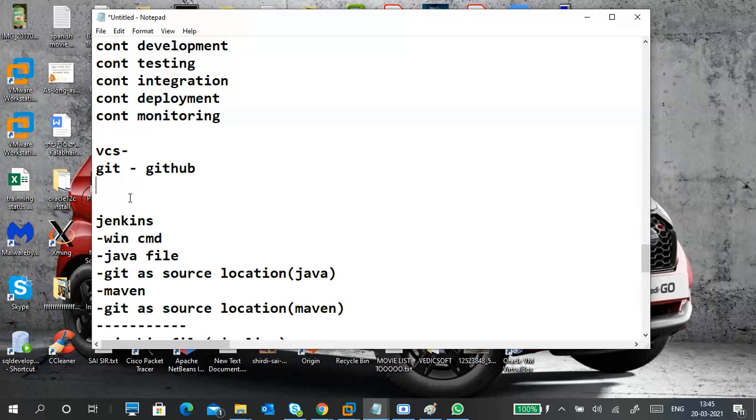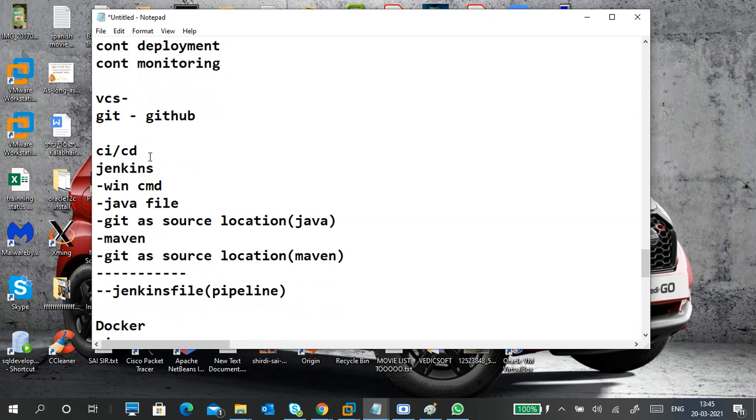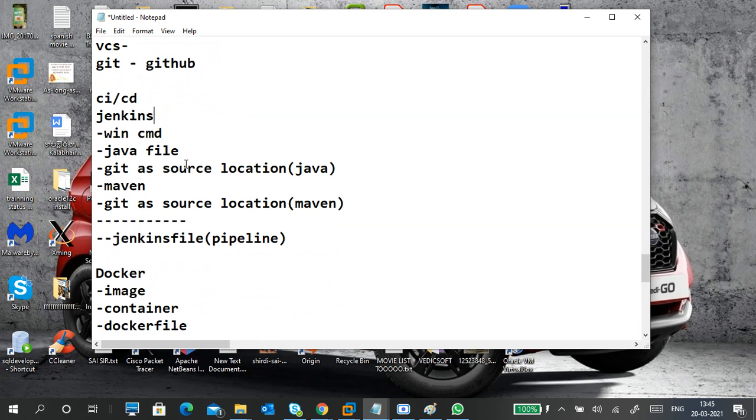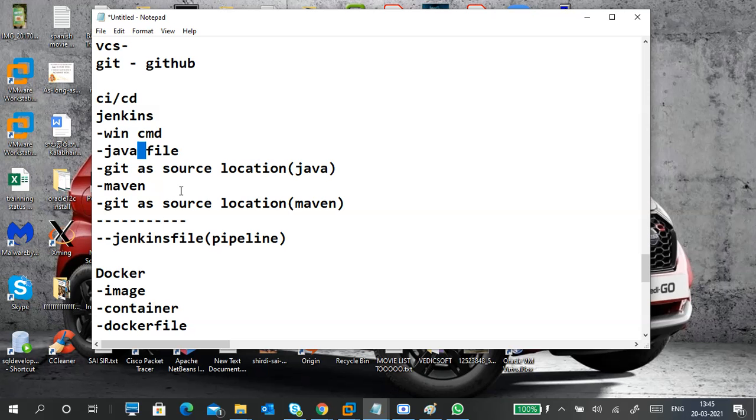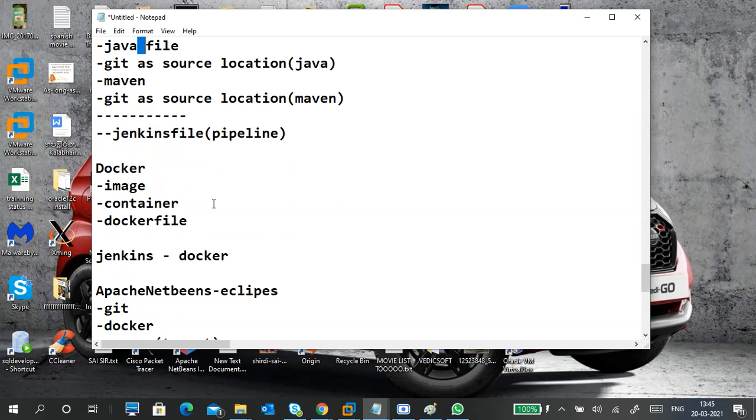Okay, right. Next, we use CI/CD, that is continuous integration and deployment. That is Jenkins. We used it, and you can tell other tools also, but what we used, we have to tell. Both things we have to tell. Other CI tools and what we have done. What we do in Jenkins, what you practiced, that is important. So you have to tell that. At least try to do it once, guys.